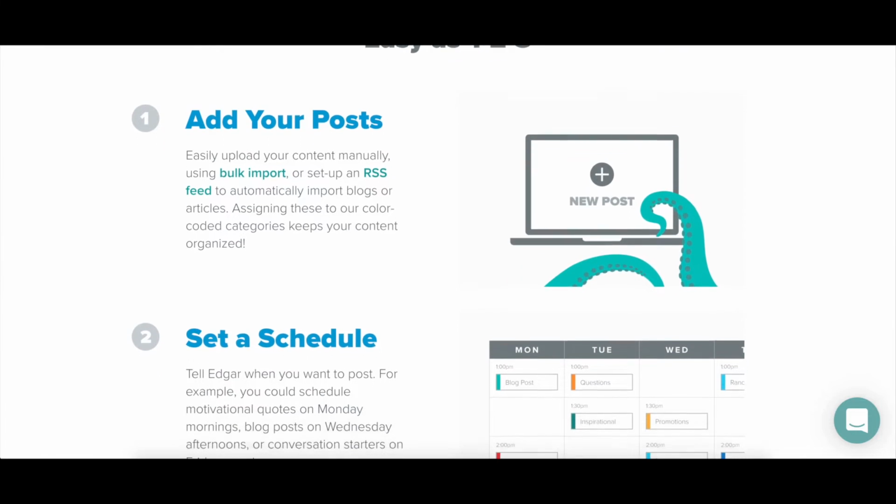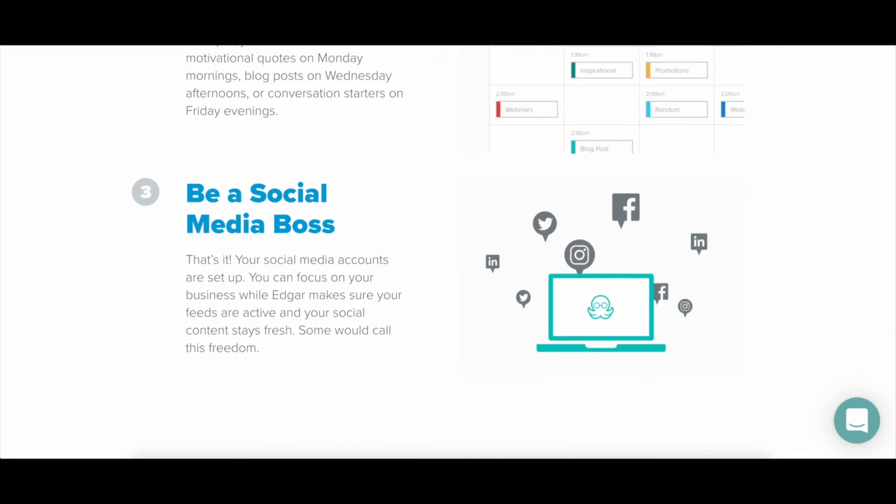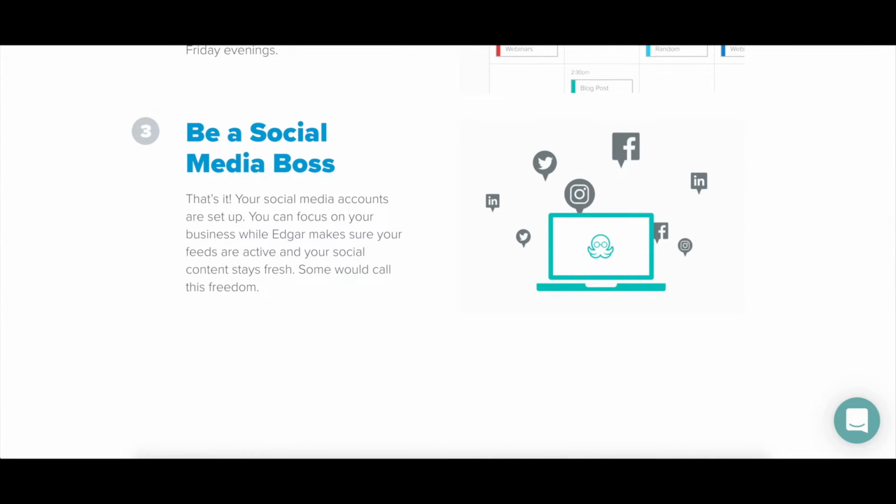These both work very similarly. Now, how these work, as opposed to scheduling every single post, you can still schedule a post and say, I want this specific post to go out on Wednesday. But what also happens is that you can create a library of posts. So you can say, every Tuesday, I want an inspirational quote to go out on my Facebook page.